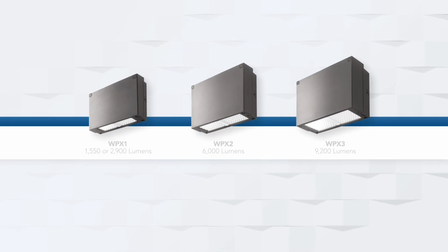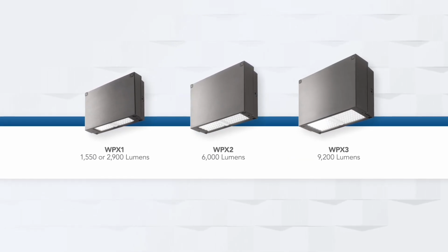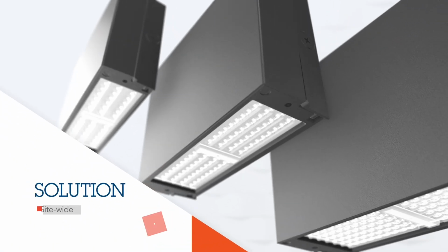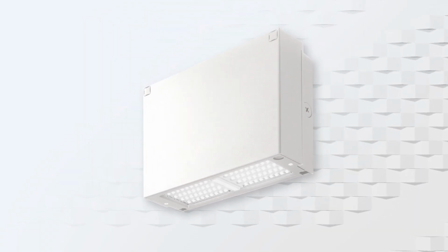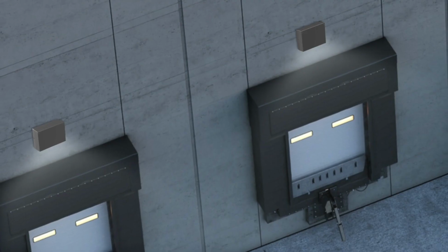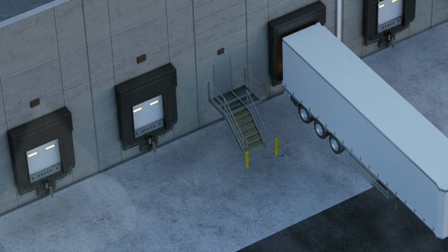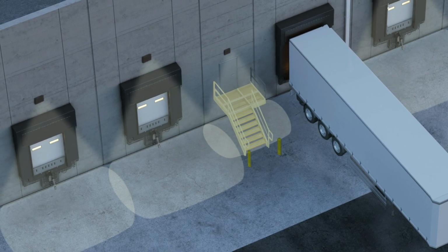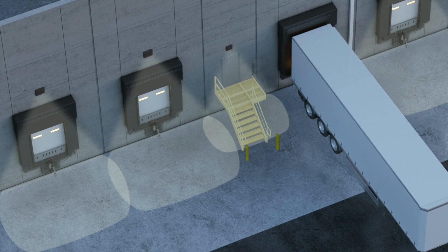With 3 sizes and lumen packages of 1,500 to 9,000 lumens, the Lithonia Lighting WPX family is a site-wide wall-mounted solution, providing quality illumination for applications ranging from over-the-door lighting to perimeter lighting with mounting heights of up to 20 feet. The WPX wall packs deliver a wide photometric distribution that reduces the number of luminaires required while creating a